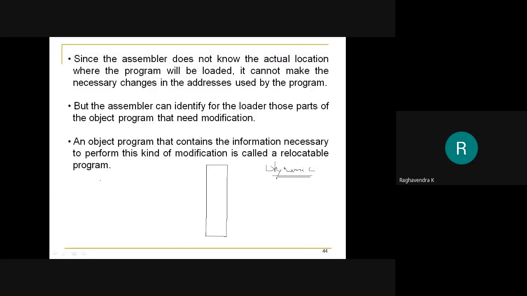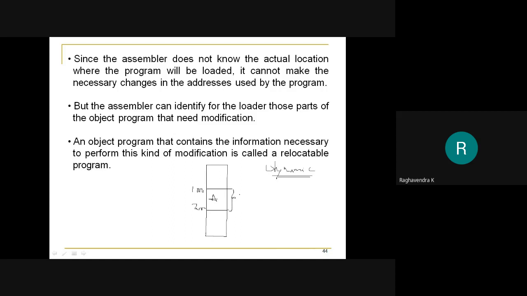So if you are considering a program that is written for the SIC standard model, it has a fixed address, and that would actually pose a problem, because it may not be possible for us to run the program at the same memory location that has been specified. For example, if the program was supposed to be run at 1000 and it ends at 2000, let me assume that it is program A, then this program needs the memory from 1000 to 2000.